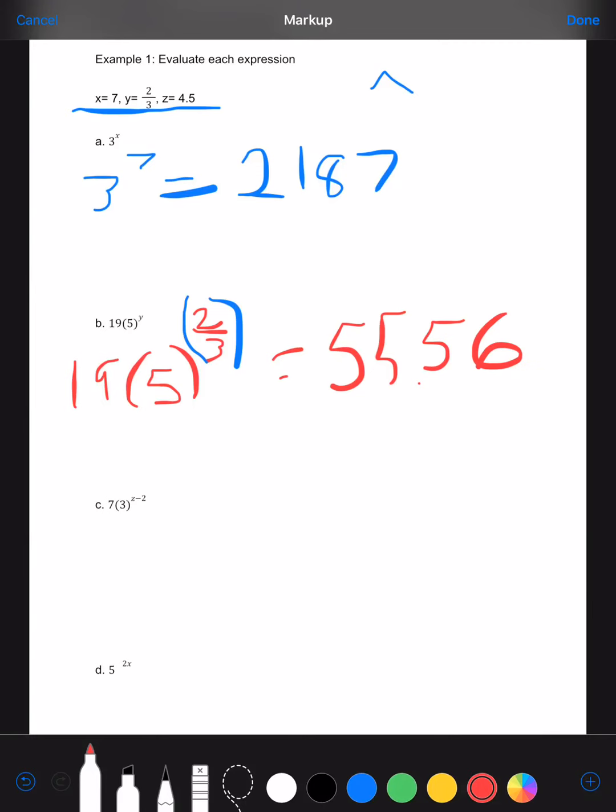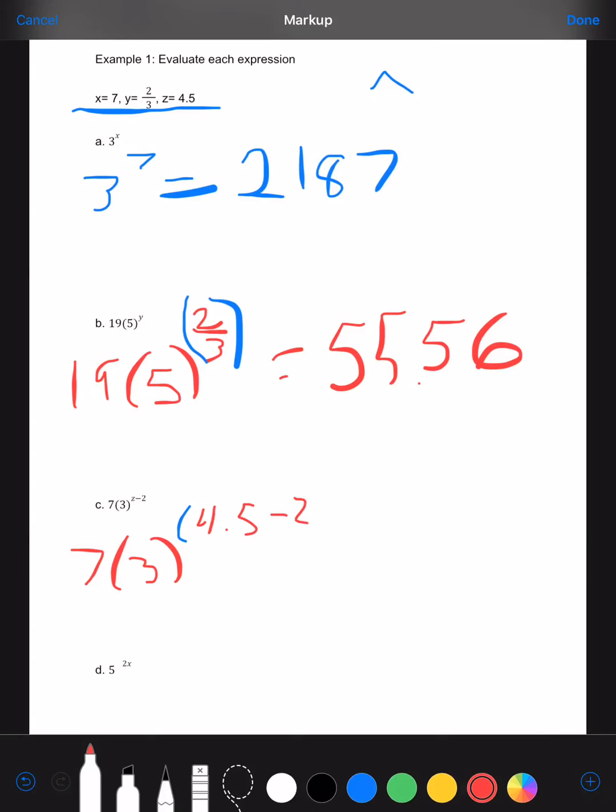Okay? So next, we have 7 times 3 raised to z minus 2. So we're going to start with that 7 times 3. And this z minus 2 business is another thing that you want to make sure you put parentheses around. So parenthesis z, or in this case 4.5,